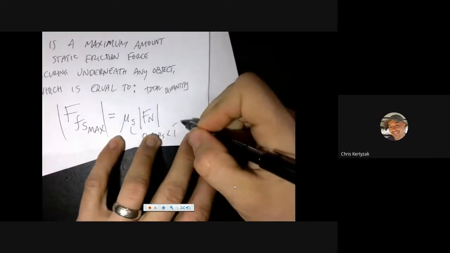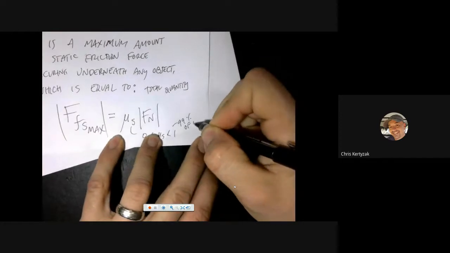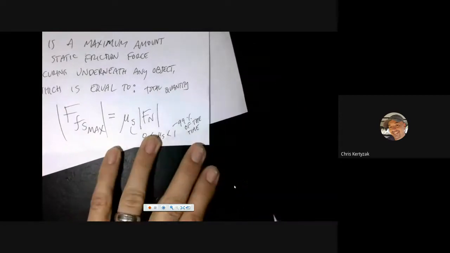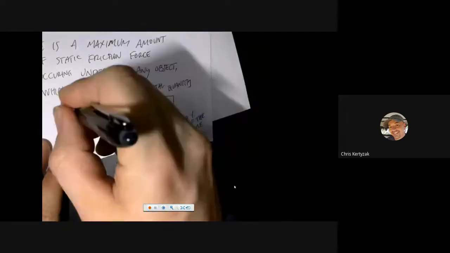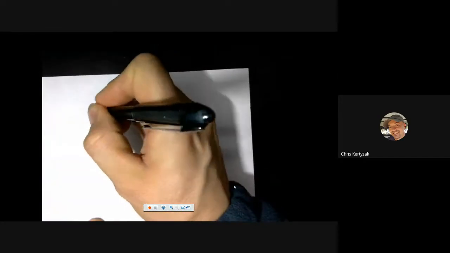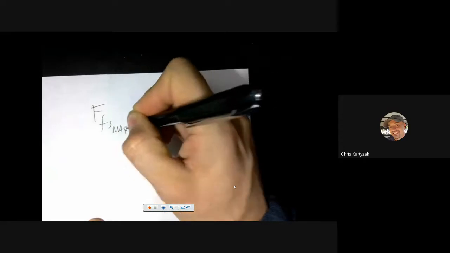I'll maybe make that comment, 99% of the time. There are some rare surfaces that actually provide coefficients that are really rough and have a lot of friction and traction that can have coefficients higher than 1, but not usually. 99% of them are under 1. So this is the formula, and it's actually on the AP equation sheet. So I'm going to show you how that plays out. If we're saying that the maximum static friction force is this equation,